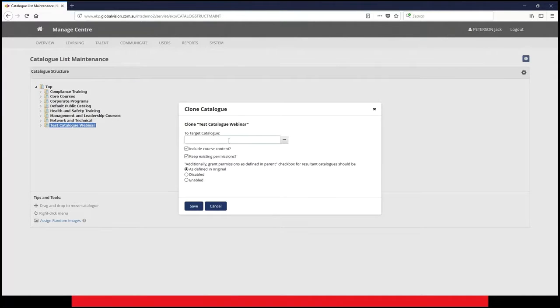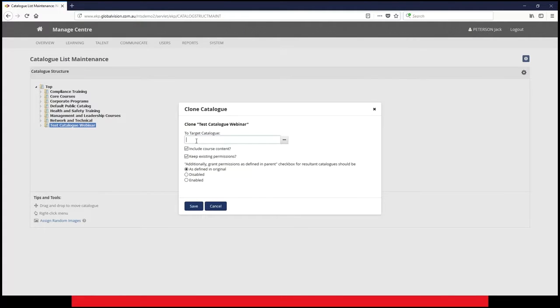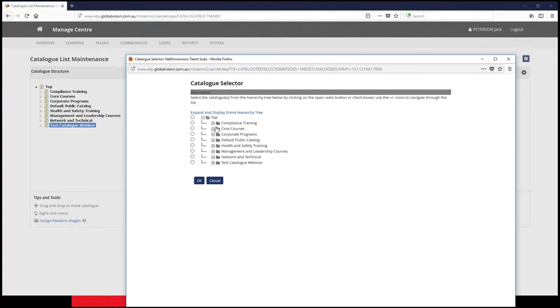And it asks for a target catalog. So you can clone it to a new one or clone it to an existing one. So if I say clone this one into core courses as well,